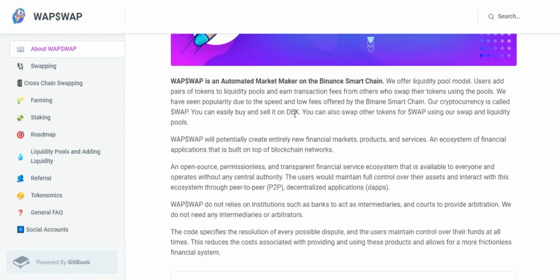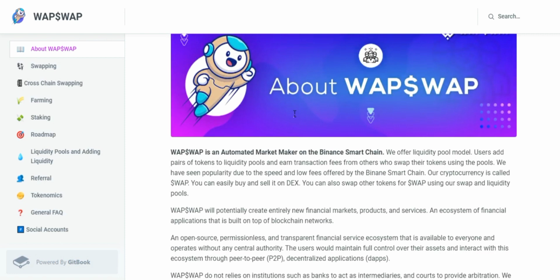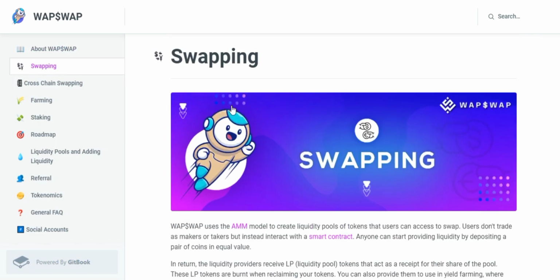These liquidity pool tokens are burnt when reclaiming your tokens, and you can also use them in yield farming, where your fees are constantly reinvested in the pool to compound your interest. WapSwap's AMM model rewards liquidity providers with a